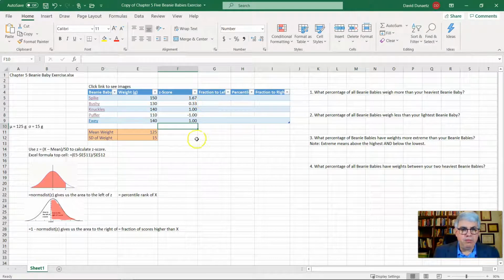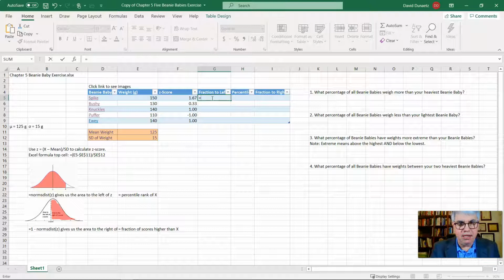Now, what we want to do is find out what fraction of the Beanie Babies are to the left. That would be the percent that are lighter. And we're going to convert that to a percentile. And then we're going to find the fraction to the right, that would be the fraction heavier than that Beanie Baby. So we're going to use our command NORM.S.DIST of the z-score. So I'll put that in parentheses,